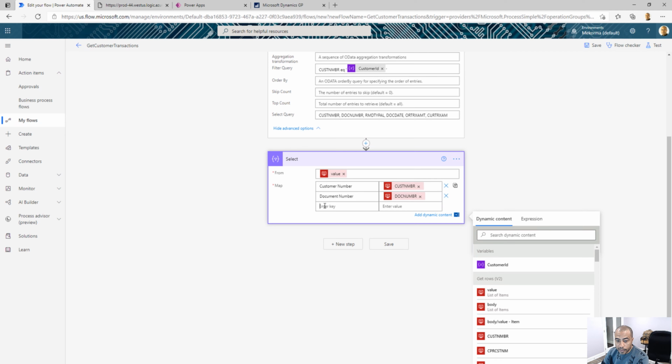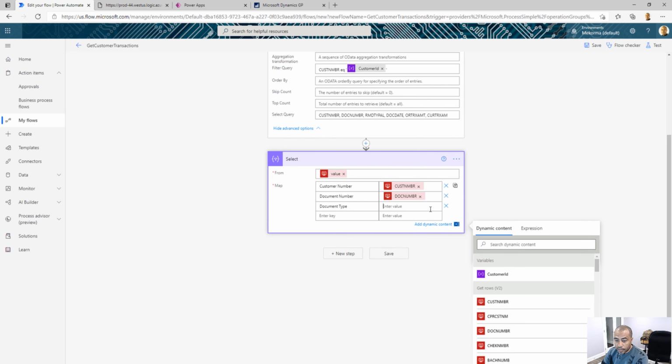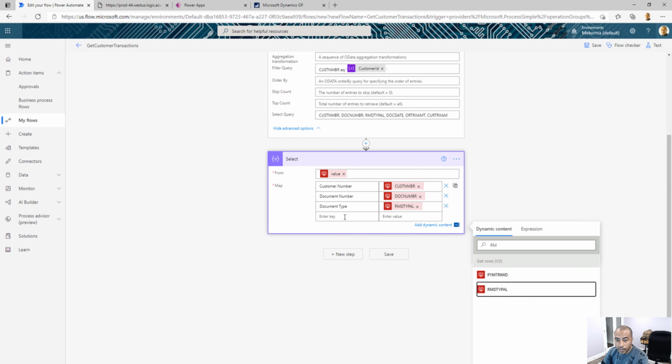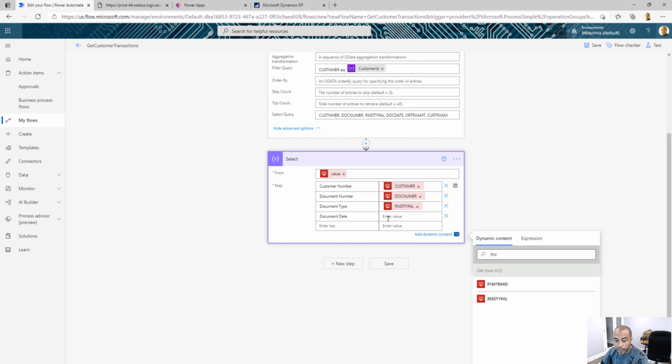Then we're gonna select the document type, and effectively that's gonna come from my dynamic content as well, and that's gonna be the RM. In fact, I can filter it, so no need to struggle with that. RMD type all, and then the document date, and finally we'll select document date from here. So if I choose doc date, then the original